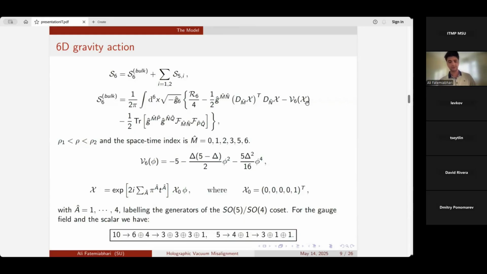So the symmetry breaking pattern will be, for the gauge field, 10 to 6 plus 4 initially, to SO4 degrees of freedom, and the scalar 5 will be broken to 4 plus 1. Later, when we add the boundary terms, these 4 degrees of freedom will be broken to 3 plus 1, and that one extra field will be the massive Higgs scalar, and the other 3 will be eaten by the gauged degrees of freedom to produce the massive W and Z bosons.